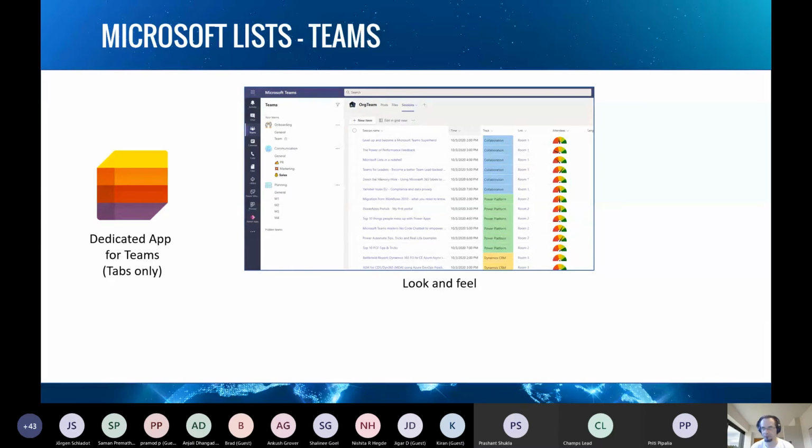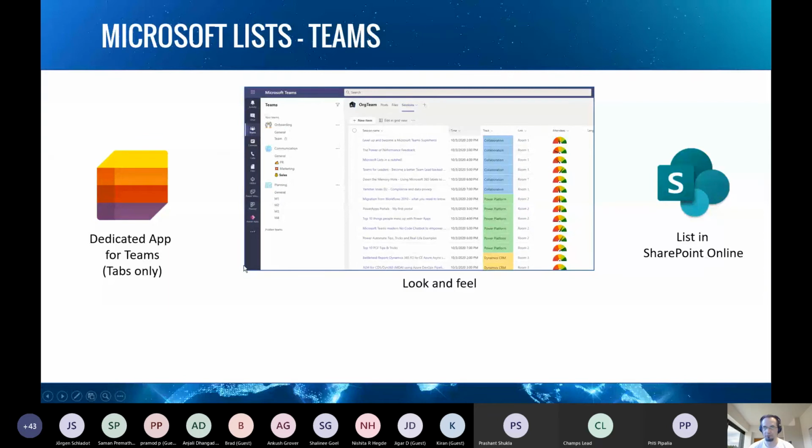So it's a good, consistent view across all places where you can store lists, and good looking with advanced formatting. And all data or lists created in that application are stored by default in SharePoint Online behind that specific team. So if I create a list in my communication team, it will be stored in the communication SharePoint site.